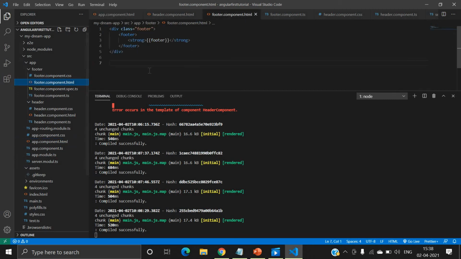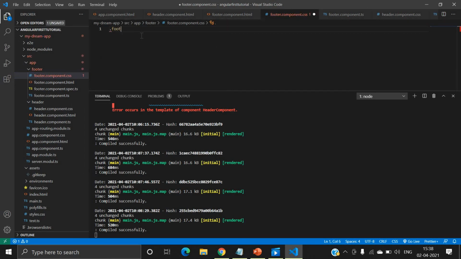Let's apply some properties on the footer part. First of all, I will apply them in the CSS file of footer.